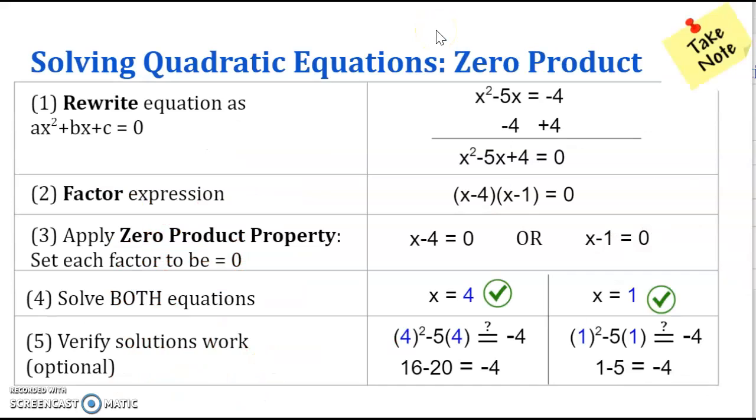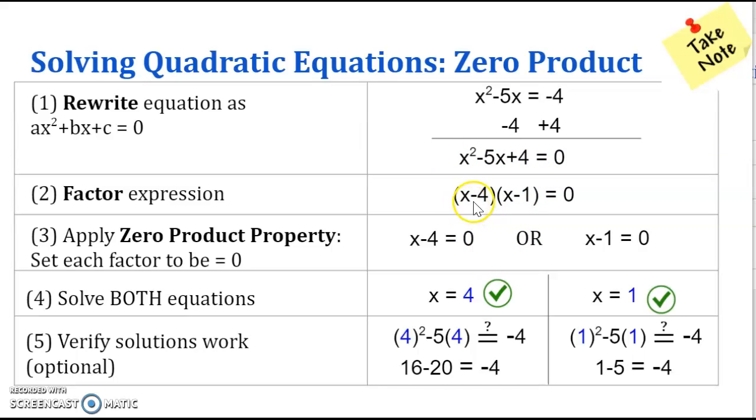So I'd like to take the notes here. Solving quadratic equations using zero product property. If they are not set equal to 0, if you have variables on either side or numbers on either side, whatever the case, you need to set it to 0. So how do I do that? I need to bring all the variables and all the numbers to the other side. So if I have x squared minus 5x is equal to negative 4, I just simply get rid of this negative 4 by adding 4 to both sides, and this becomes x squared minus 5x plus 4 is equal to 0. Then you factor the left hand side,